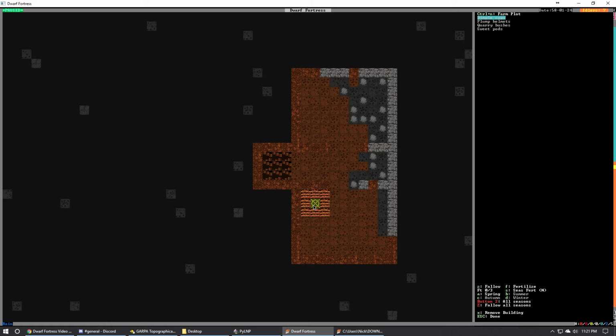If you hit down on the bottom right and left, you can see there's a bunch of different options. If we hit Shift Z, that's a way to just turn off any growing for all seasons. A, B, C, and D change what season the farm plot's designated for growth. Right now, it's the first month, so I think we're still in spring. Yep. And those are the 4 crops we can grow underground on this farm plot. And then this is for summer, fall or autumn, and then D for winter. You can see though that plump helmets can always be grown. So for our first plot, we're just going to hit